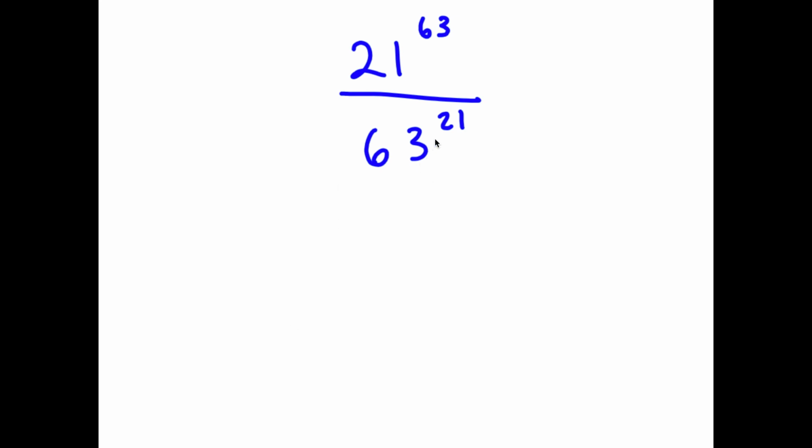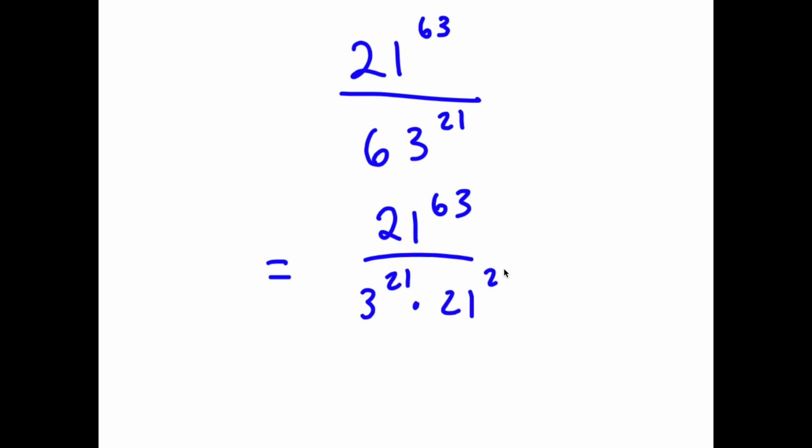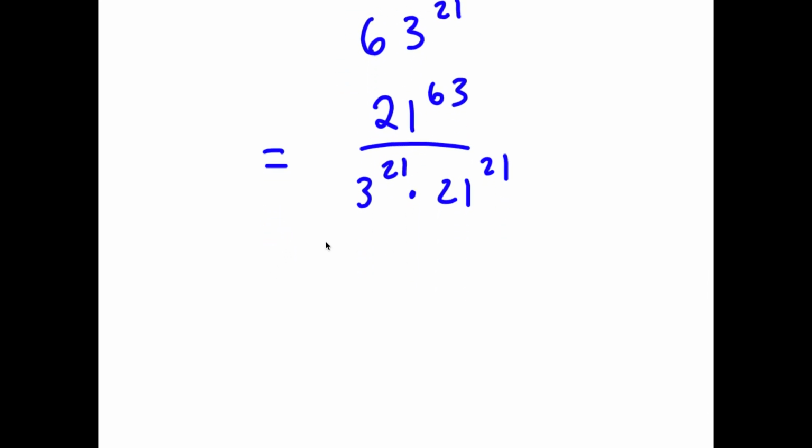Alright, so in this problem, I have 21 to the power of 63 over 63 to the power of 21. So to solve this, I'm going to first rewrite this as 21 to the power of 63 over 3 to the power of 21 times 21 to the power of 21. Now, this is the same thing as 1 over 3 to the power of 21 times 21 to the power